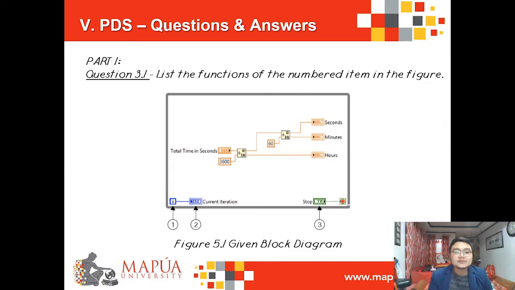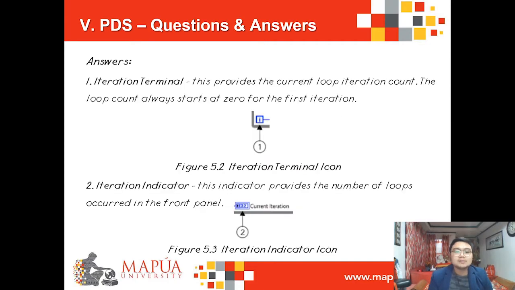So as for the number 1, the iteration terminal, which can be seen in figure 5.2. This provides the current loop iteration count. The loop count always starts at 0 for the first iteration. So the second